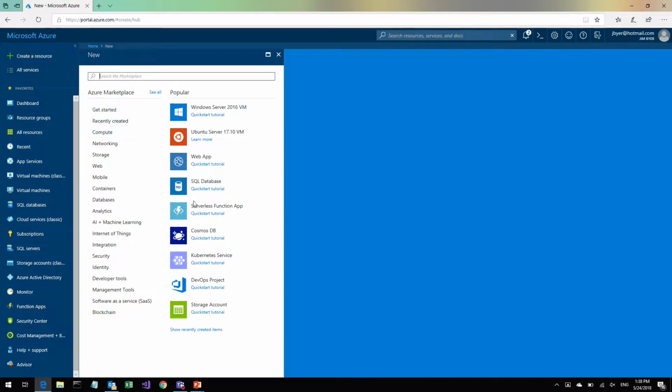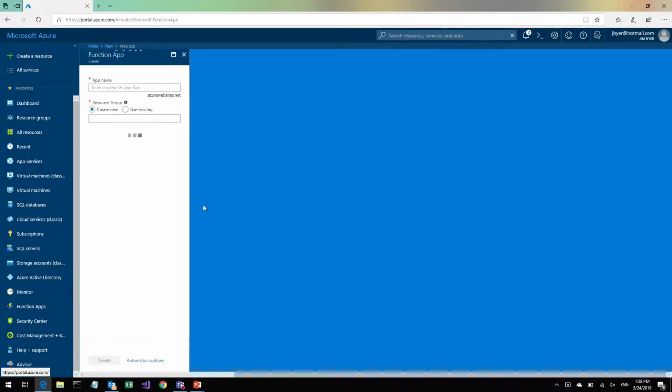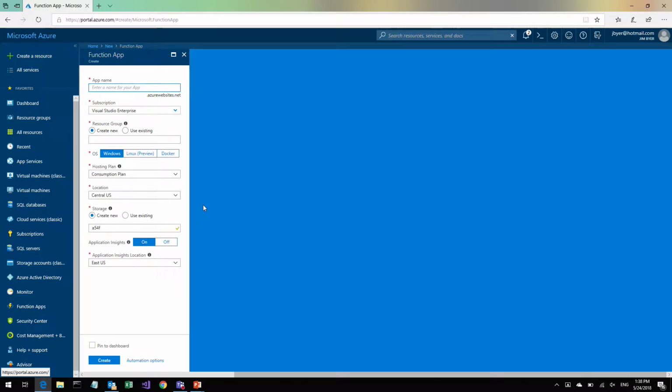And then go down to serverless functions app. Now, we want just a function, but what you have to do is create an app, kind of a wrapper, a container around this function. But once you create the function, in other code, in your web service, in your front end, whatever, you can make a REST call right directly to your function.